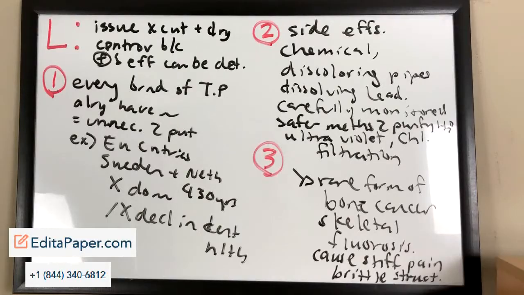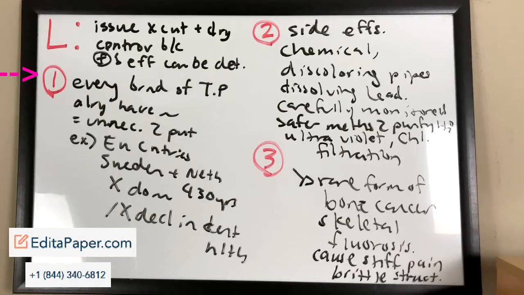All right, let's take a look at the lecture's notes. So the professor's opinion is that this issue is not cut and dry. Cut and dry means simple, but rather controversial because fluoride's effects can be very detrimental. So that's the professor's opinion. Now the first argument says that every brand of toothpaste already has fluoride in it. So I wrote "have," but I'm going to change it to "has," because it says every brand, and "every" makes the subject always singular. So it is unnecessary to put fluoride in drinking water.